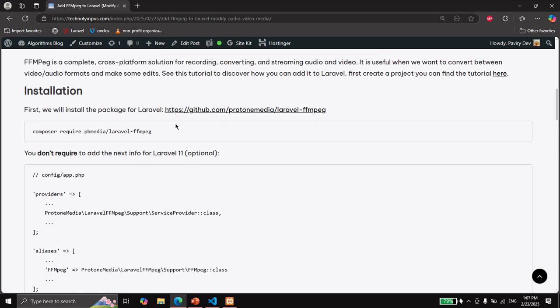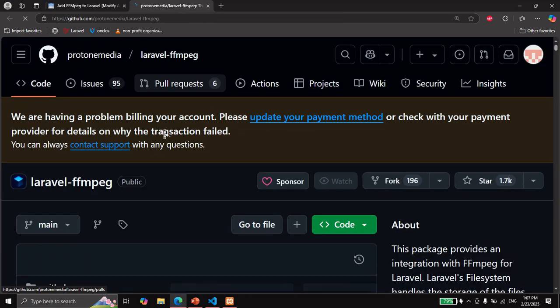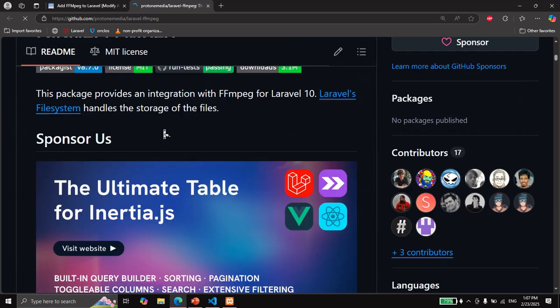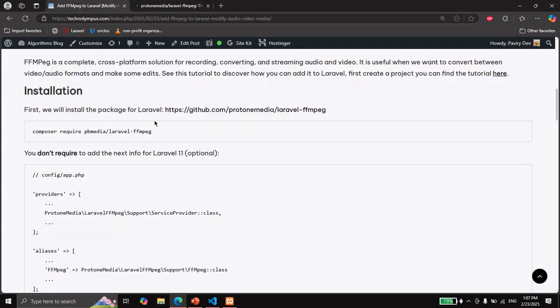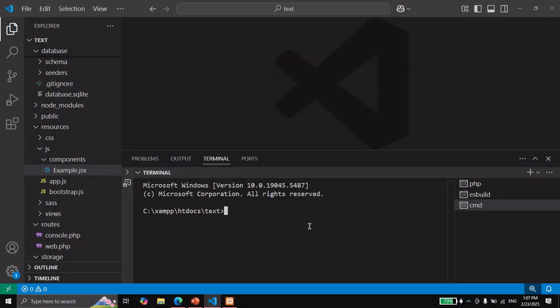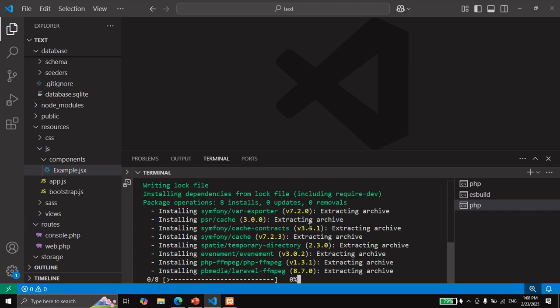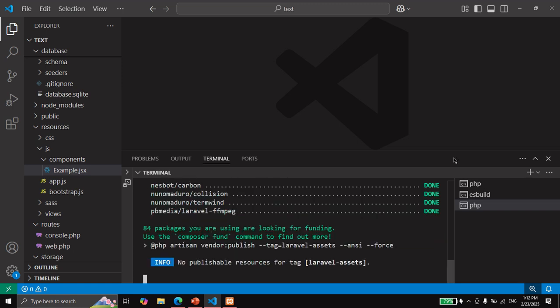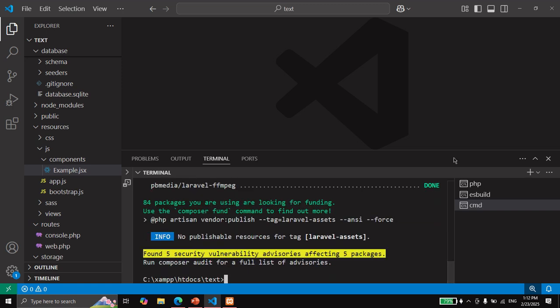Well, first we are going to install it from this library. You can see step by step how to install it, but the easy way is to copy composer require, create a new terminal, paste it, and let's wait until it is installed. So now that it's complete,